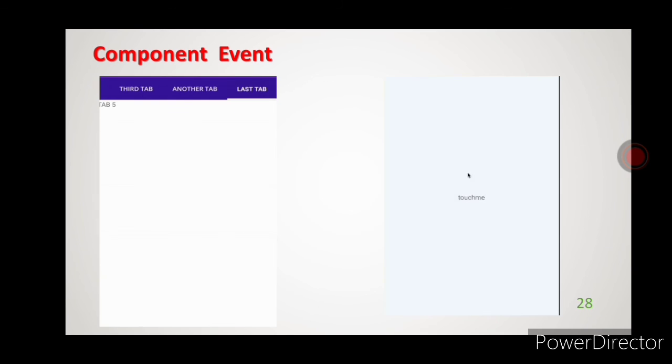See in this image. I am clicking on the touch me button. That button is affected by the container event, and that button is added to the container. The white rectangle box we are seeing now, we can call a container. In that we added one button and one label, and I am clicking on the button.